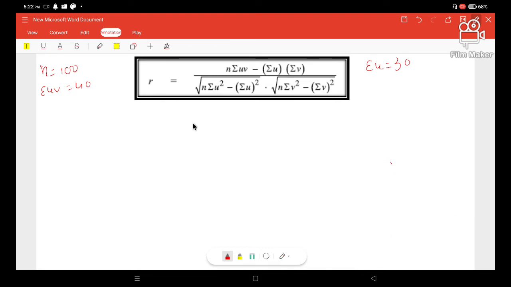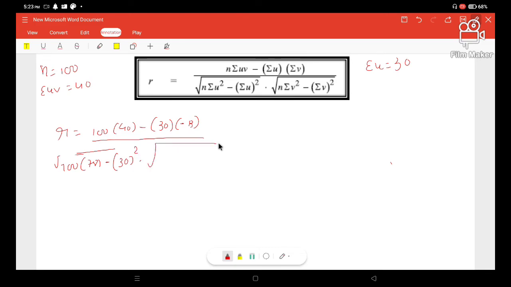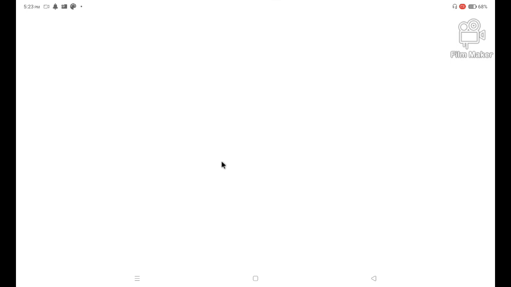We have all the figures. So by putting this, our r equals 100 into the bracket sigma uv, which we have found to be 40, minus sigma u, which is 30, and sigma v, which is minus 13, whole divided by 100 multiplied by sigma u square, which is 78, minus sigma u, which is 30, the whole square, into the second bracket. 100 is our n, our v square is 133, and minus